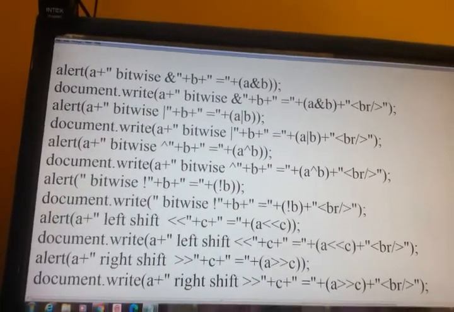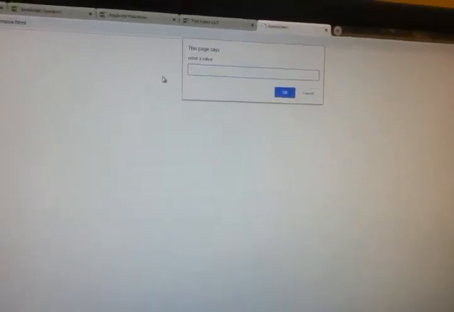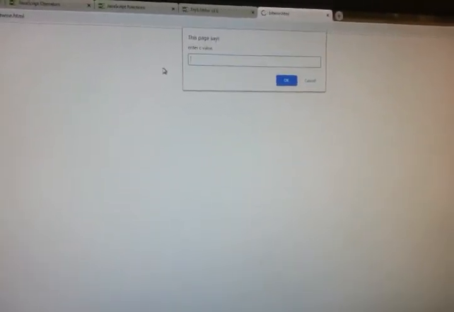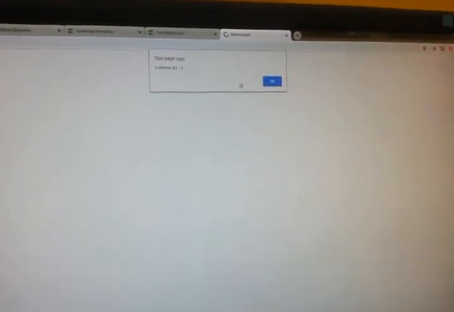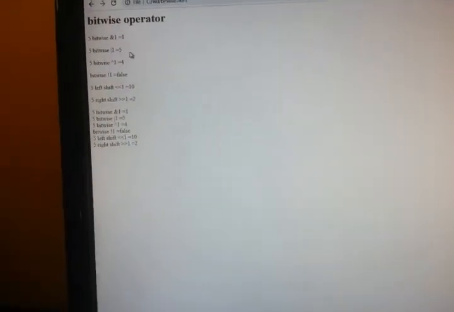Control S, save. Executing 5 1 1. I am getting all. See, this is